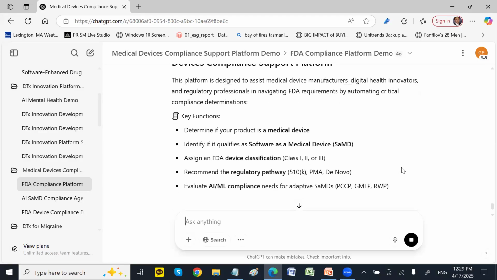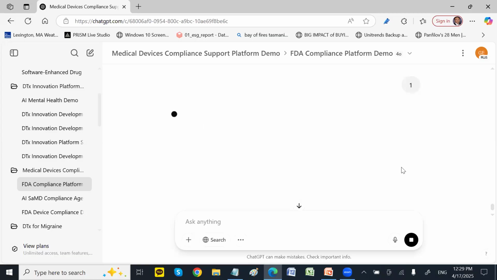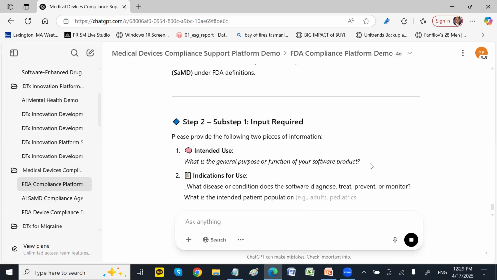For example, it determines whether it's a medical device and what kind of pathway you want to take. Is your product software, as opposed to a traditional medical device hardware system, or is it software as a medical device? It's a simple one: you know whether your product is software or not, right? Then the agent determines the required input.